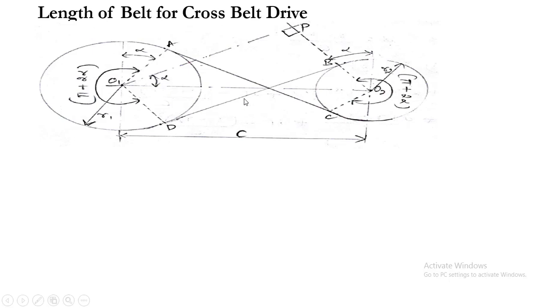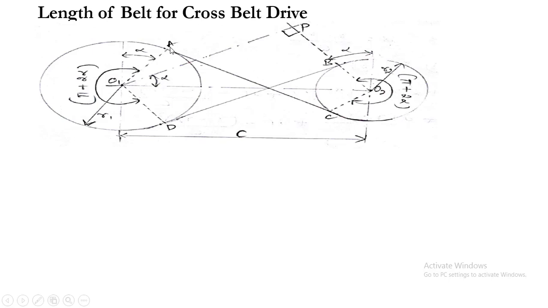But in this case of the cross belt drive, the belt will come into contact with the smaller pulley somewhere here itself, and even on this side it will come somewhere here itself. So again this is alpha, you can see here I have shown this is alpha here, as well as this is also alpha. So this angle will become again the same as this one, that is pi plus 2 alpha, whereas in case of the open belt drive it was pi minus 2 alpha. So you get one sign difference here; it will be pi plus 2 alpha for this cross belt drive.